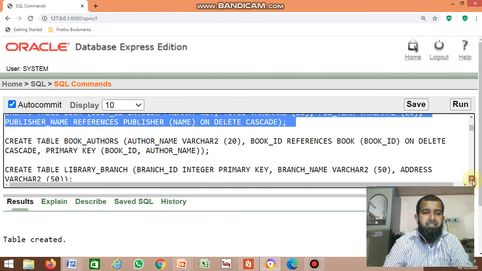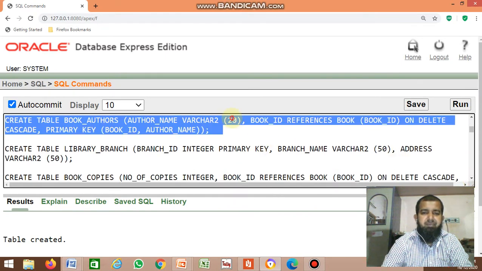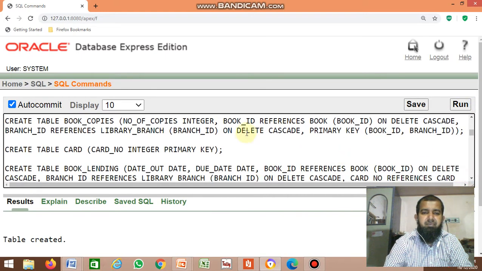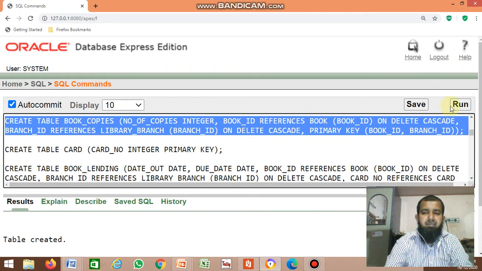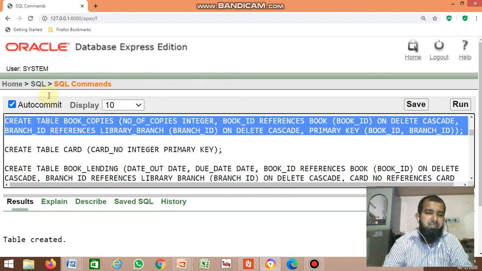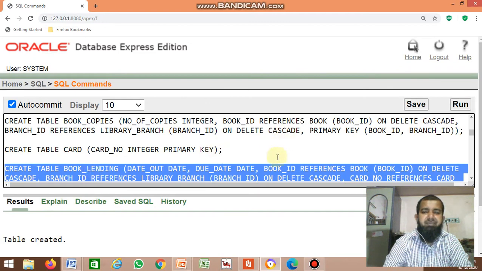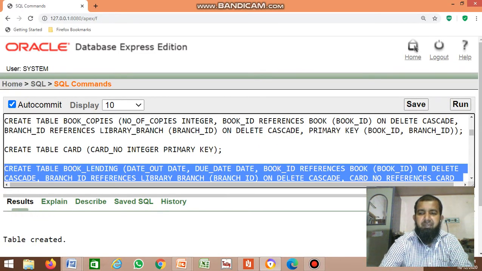Next, book authors, that also created. Then library branch, that also created. Then book copies, that also created. Next, card table, also created. Last one is book lending. Okay, all the tables are created now.